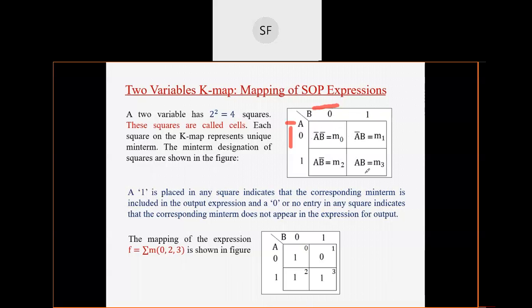Now since it is 2 by 2 squares, that is a two rows and two columns arrangement, each square or block will be called one cell. So how many cells are there in total? 4. 1 2 3 and 4. So always remember the number of cells will be given by the formula 2 raised to power n, where n is nothing but the number of variables used in your function. तो जब भी दो वेरिएबल के मैप के ऊपर आएगा तो आपका के मैप विल लुक लाइक दिस ओनली.